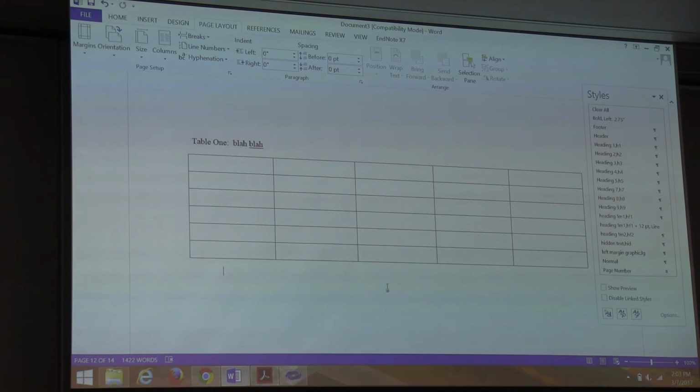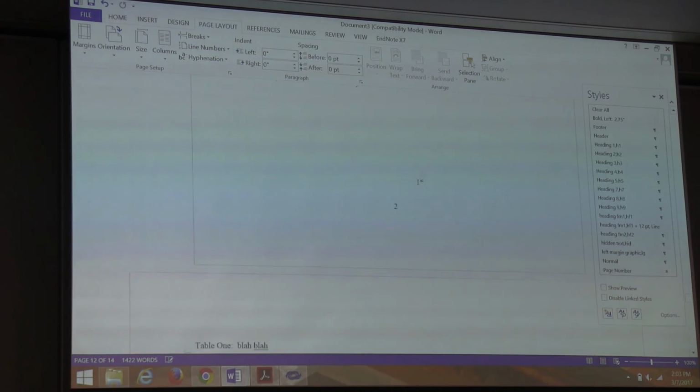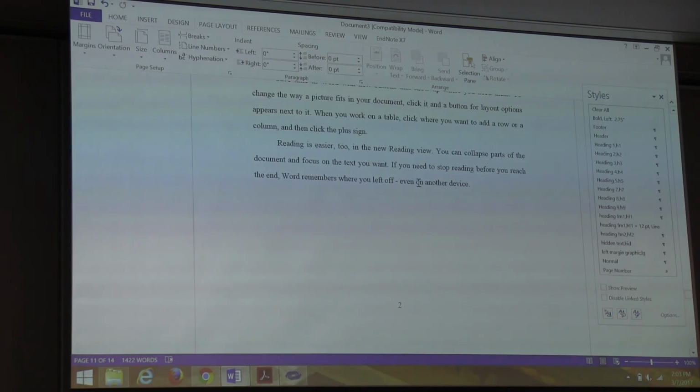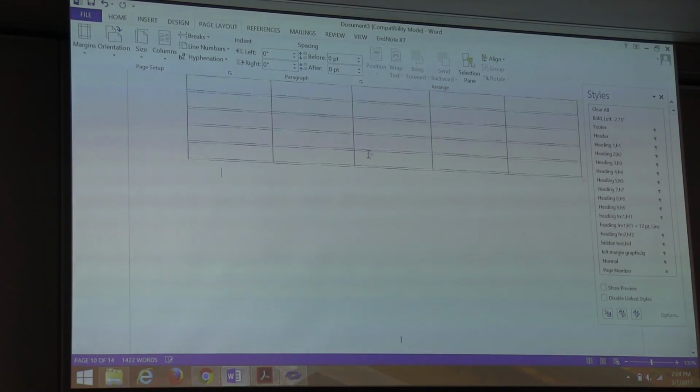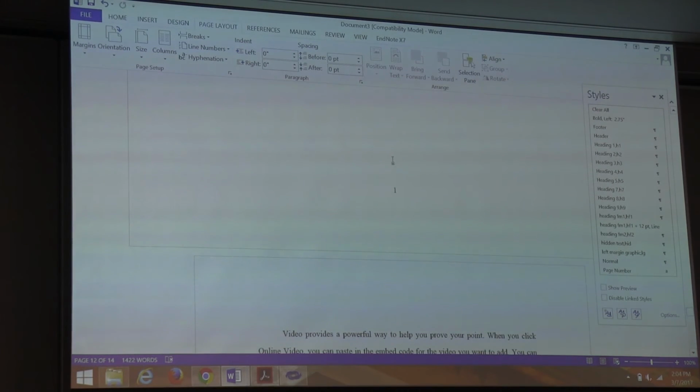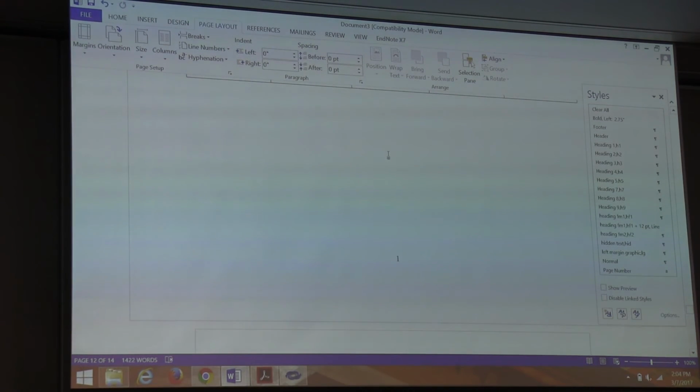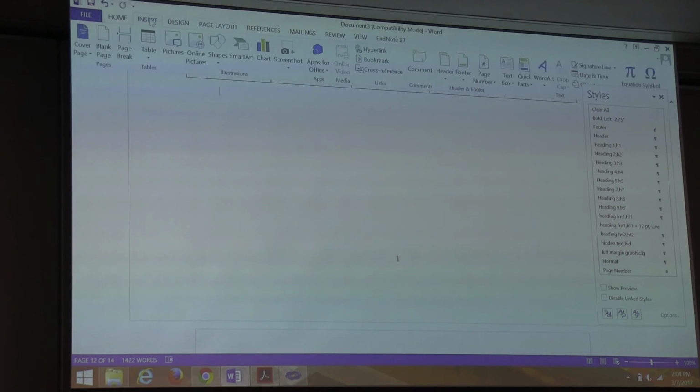So since it's a new section, would it mess up the page number? Good point, because it did. So it got confused, the opposite of what it did before. So here's our first page, 1, 2, and we're back to page 1 again. So Word got confused, the opposite of what it got confused before. We told it to start at 1, so now it's thinking, oh, every new section has to start at 1, but it shouldn't. So if it does that, do that same thing: insert page number, format page number.